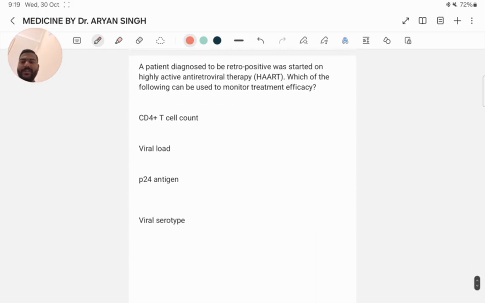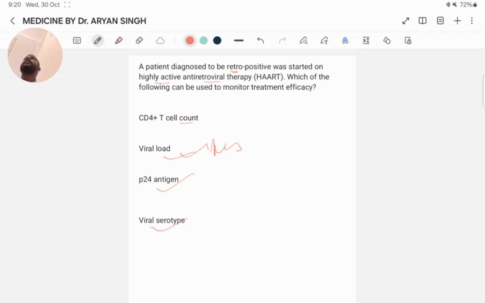Next question. A patient diagnosed to be retropositive was started on highly active antiretroviral therapy. Which of the following can be used to monitor treatment efficacy? CD4 plus T cell count, viral load, P24 antigen, or viral serotype. Here viral load is the answer because the viral load can be assessed in a retropositive patient